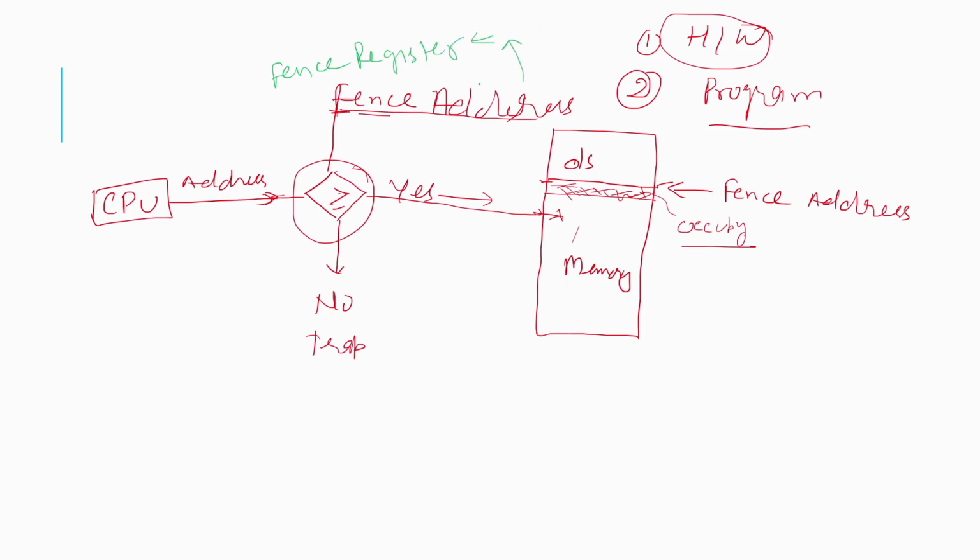Here it will be the fence address. So direct implementation is there. This hardware implementation is faster than the program, and it saves CPU cycles, as well as helping to save some memory. So this is a small approach that was